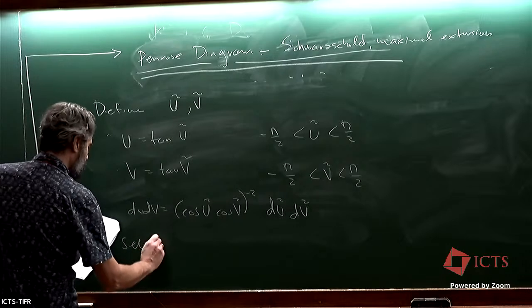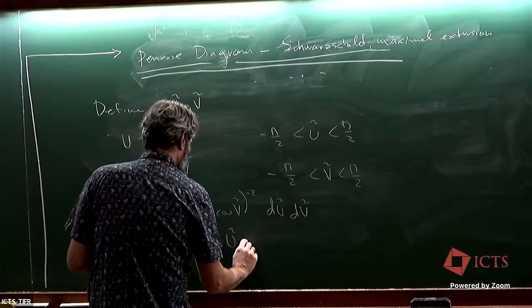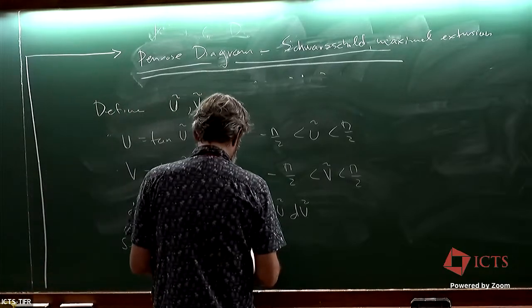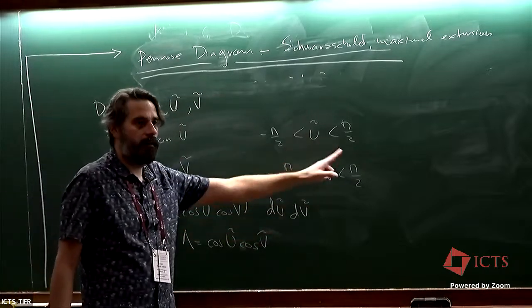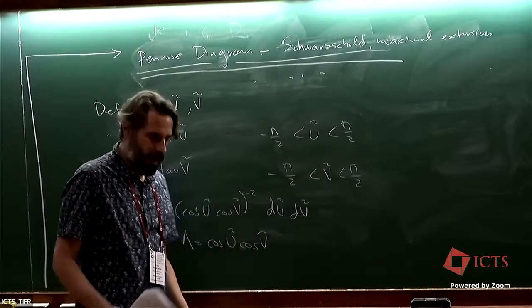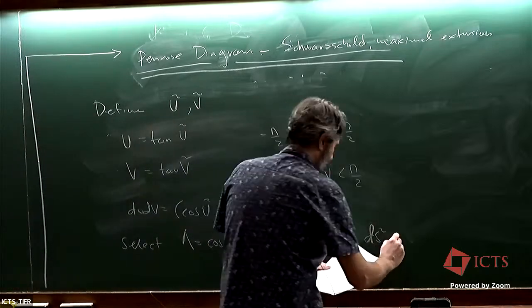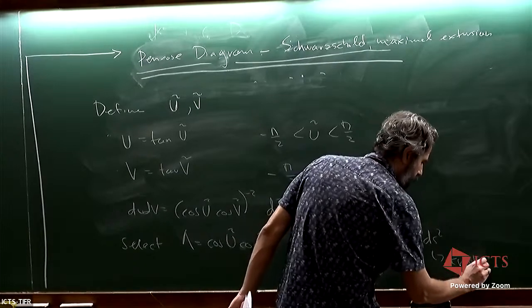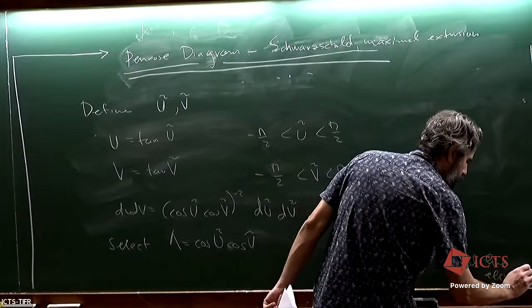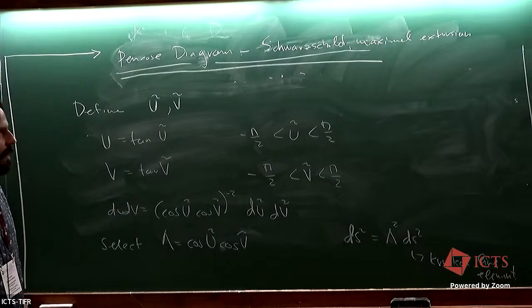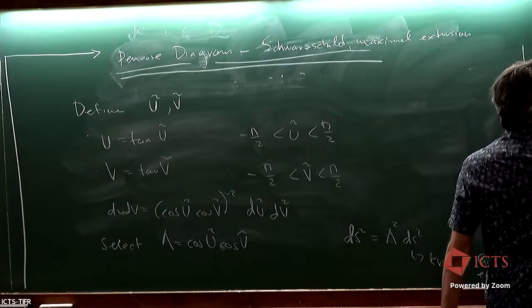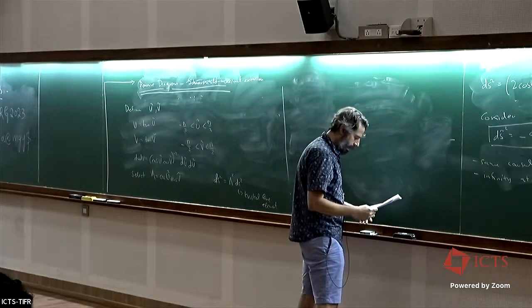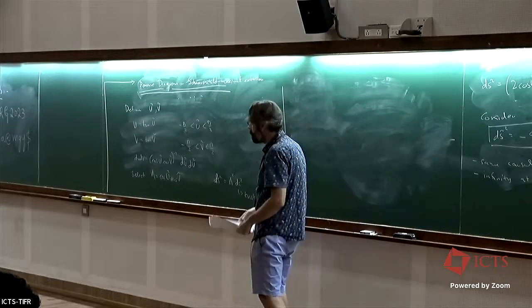We're going to select lambda, which is cos U twiddle cos V twiddle, okay, which goes to 0 as these go to pi halves or minus pi halves, right? And hence you will define ds twiddle squared as lambda ds squared, where this is the Kruskal metric, right? Okay. So this is the exact same process as before. And you're going to end up with what is now a new metric,